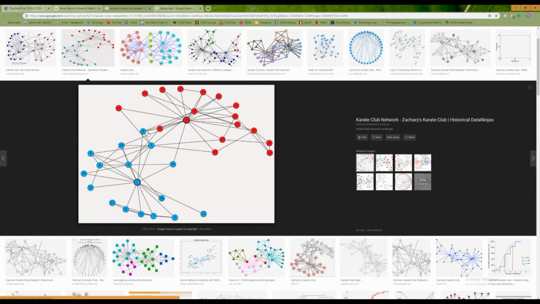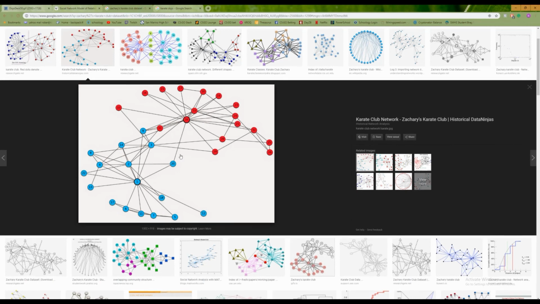But problems arise in situations like number 9 right here, where he's both friends with 34 and 1. So the problem lies within how do we get 9? If he's friends with both of them, he's acquainted to both of them, how do we know? And we could guess this because of his relationships with other students, as people are more likely to go with whatever their friends are doing. If all your friends are going with the sensei, you're more likely to go with the sensei. And that's pretty much what happened.